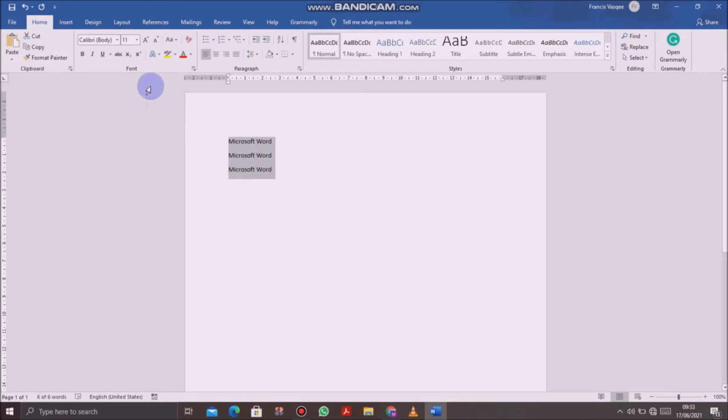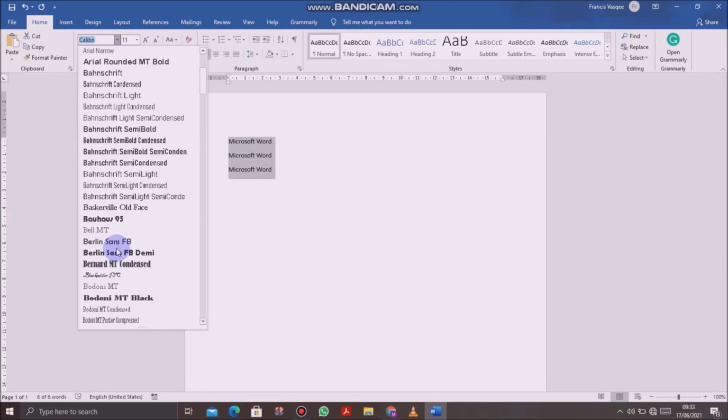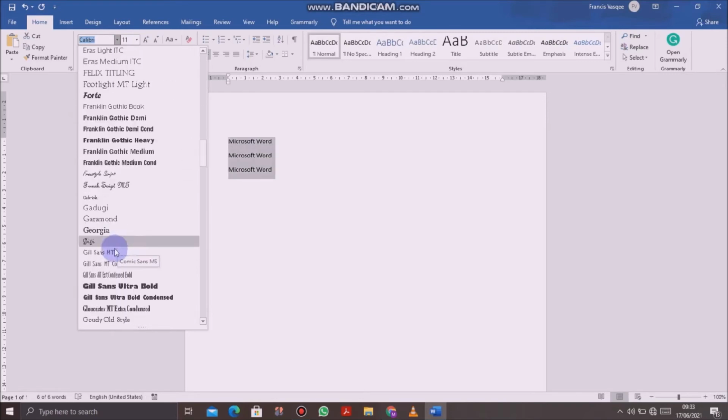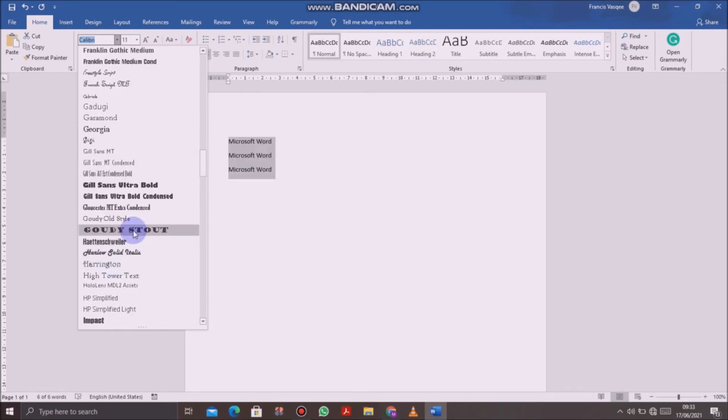When I click on this arrow, I have multiple options of fonts here. So I'm the one to choose the kind of font that I want to use. If I want to use that, then that's the one that I use. Next to the